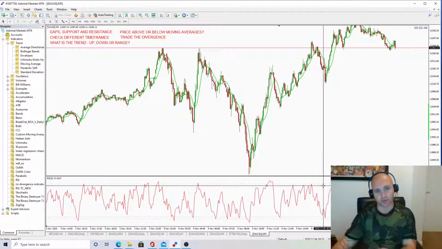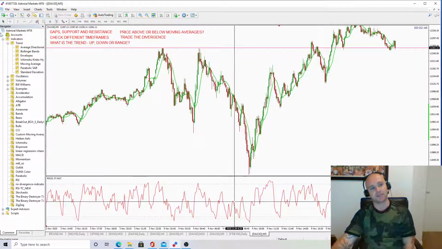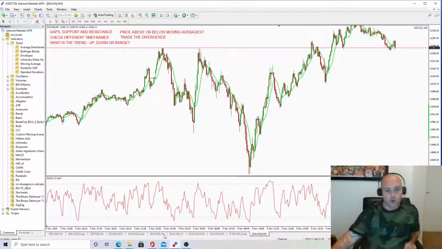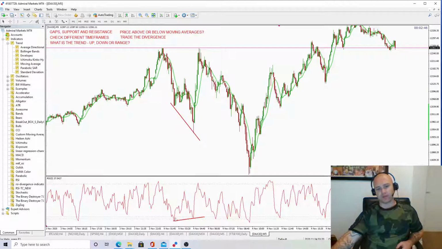So I'm just going to give you some live examples from today. This is DAX. Just keep it really, really simple. Here's the first thing. It's got our lovely double dip, which you need to be experts in because it will give you profit. Price was coming down, but RSI is getting stronger. So you think, right, RSI is stronger, price is going to go up. And again, we come roughly